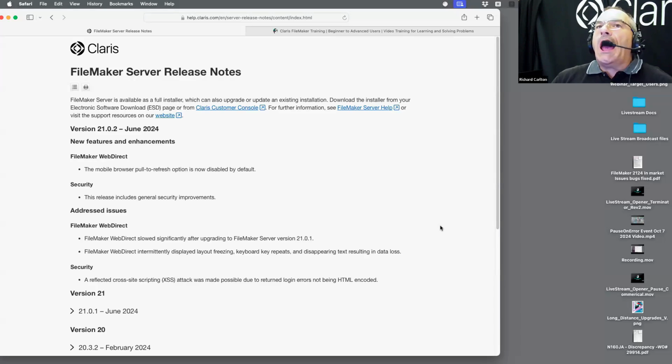So how hard of a lift it is to get over that? That's not a 2-minute conversation. It's a larger conversation about what you're doing and how you need to adapt that. But some people use Go, they might use WebDirect. So yeah, 18.3 should not be that big of a deal, but once again, it says your FileMaker file talk